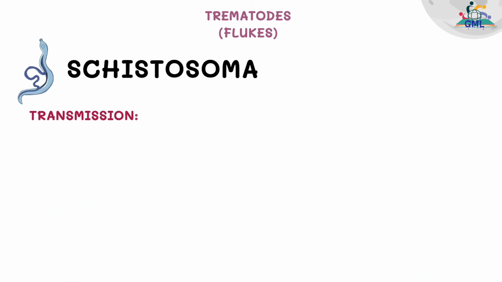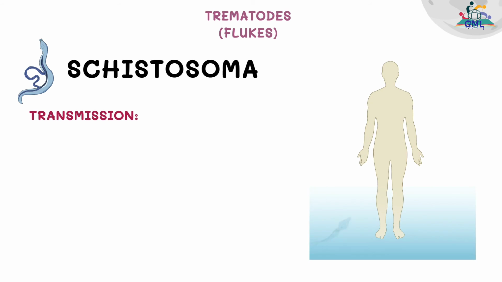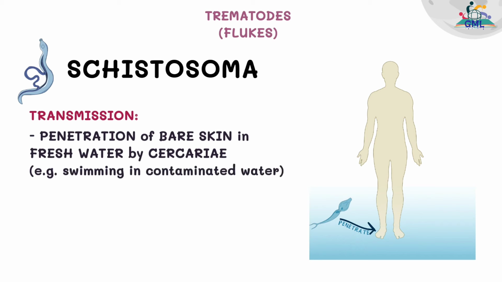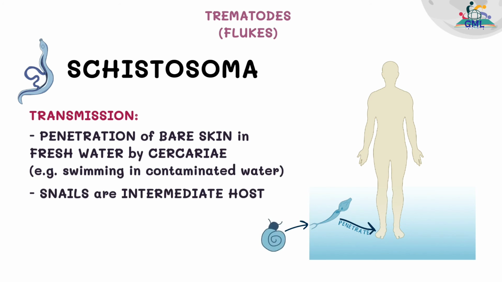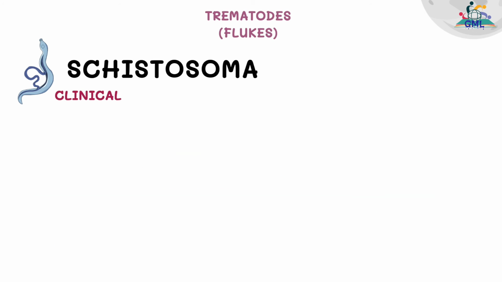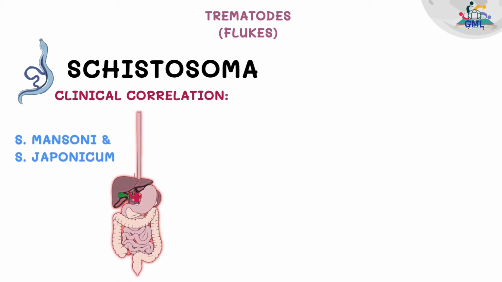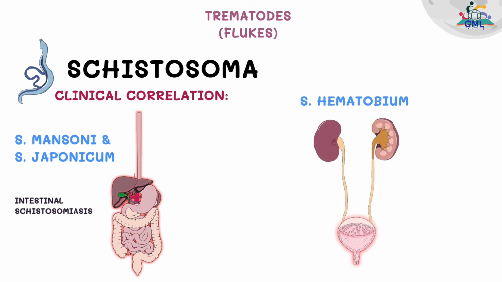Schistosoma is transmitted when the cercariae penetrate bare skin in fresh water, for example when swimming in contaminated water. Also, it's worth mentioning that the intermediate hosts for Schistosoma are snails. Now for the clinical significance, just try to remember this. Schistosoma mansoni and japonicum affect the GI tract, causing intestinal schistosomiasis, while Schistosoma haematobium affects the urogenital tract, leading to